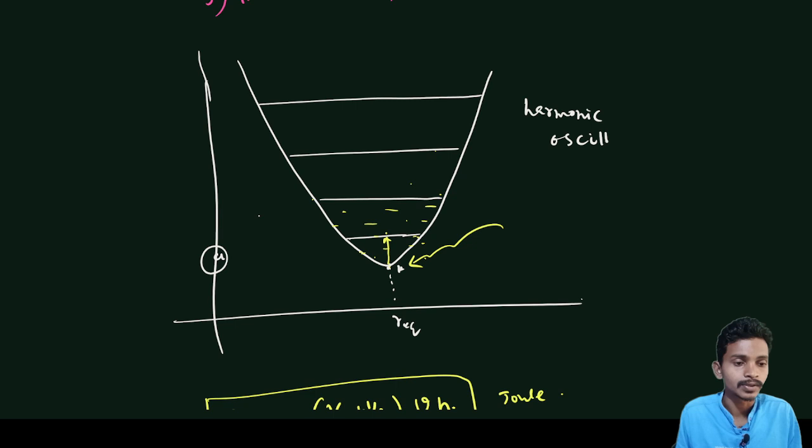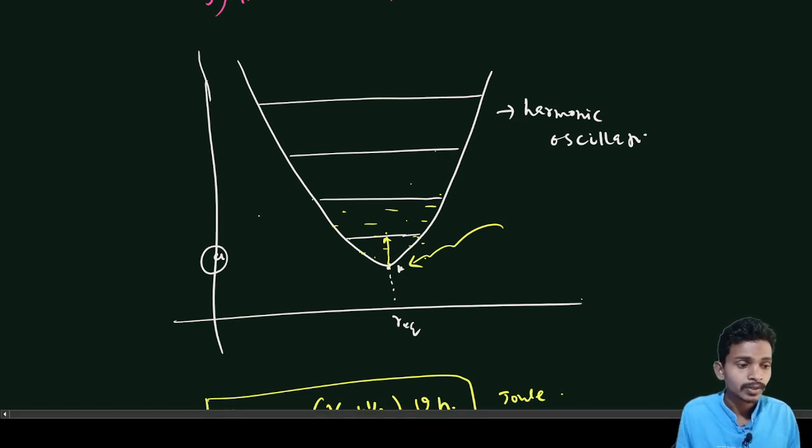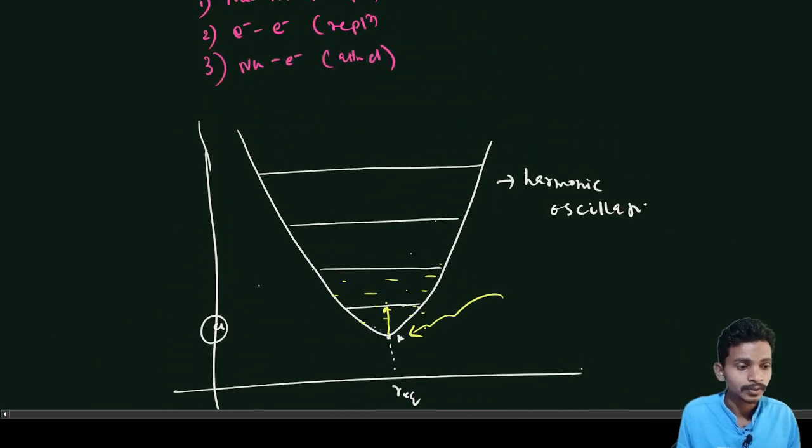Harmonic oscillations. So we will study two types of oscillations. One is harmonic, another is anharmonic oscillations. So first we are discussing a harmonic oscillation. So for harmonic oscillation, this frequency,